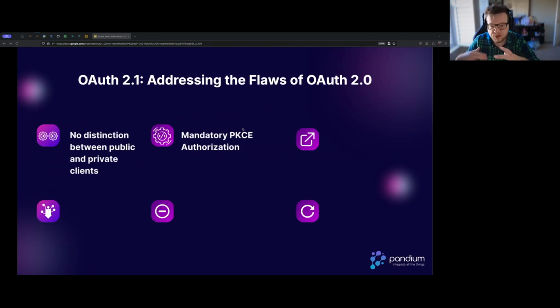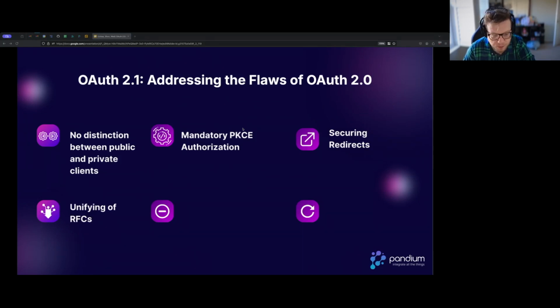PKCE prevents all the secrets from being in one place. And so it just allows you to make secure calls without even having SSL. It secures redirects. There's a lot of shenanigans you can do with playing around with redirects, and by locking these down, it helps. This makes my job as an iPaaS provider a little bit harder, but it's in the right direction.